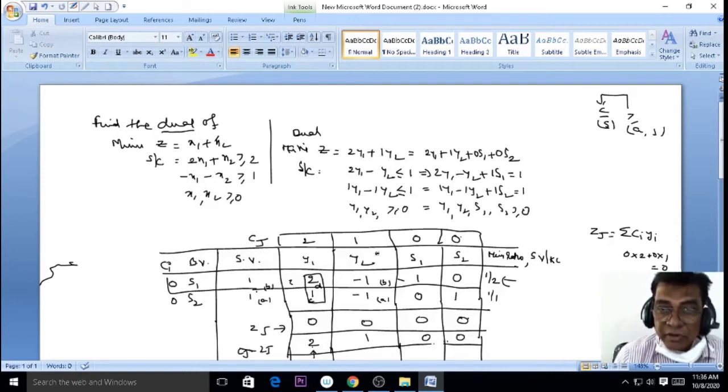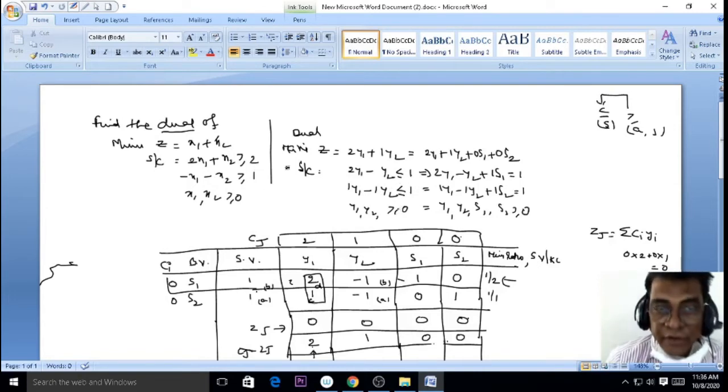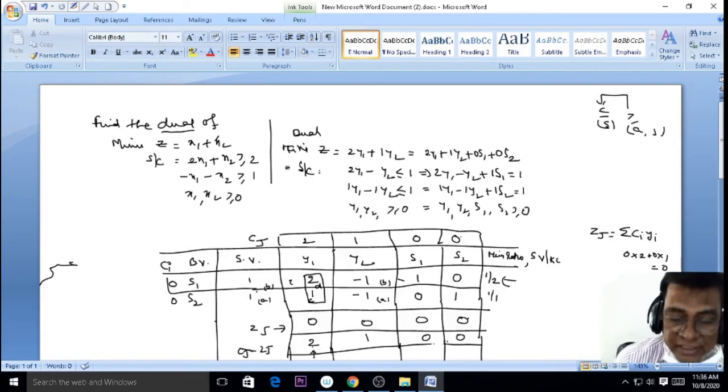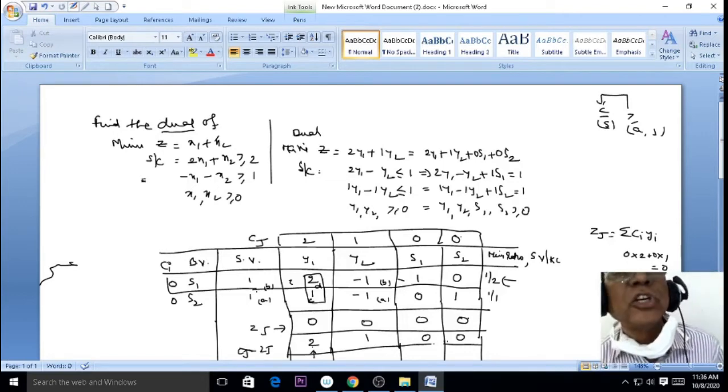It means that for this second case, the dual, you have to prepare the simplex table with the help of y1, y2 values only. Forget about x1, x2. If you take x1, x2, that is the general simplex method, and the general simplex method is not suitable here. From the examination point of view, if the question mentions the dual, use the dual values only.